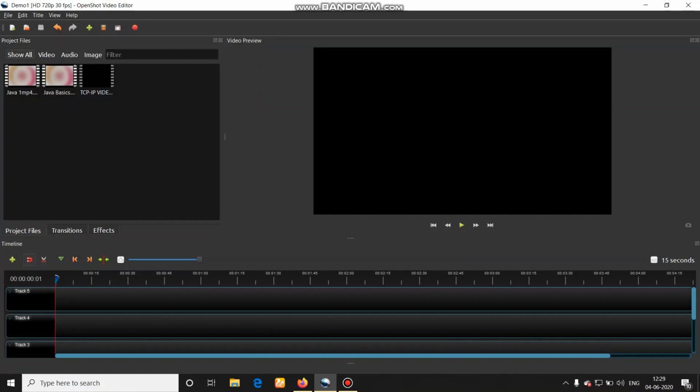You can also see there are tracks, track 5, track 4, track 3 and so on. The purpose of the tracks is to overlay elements on top of each other. I will explain it shortly. Normally, we don't need so many tracks, so I am going to remove some.